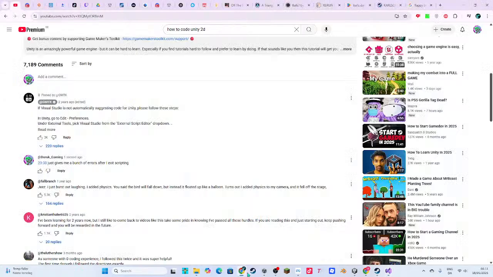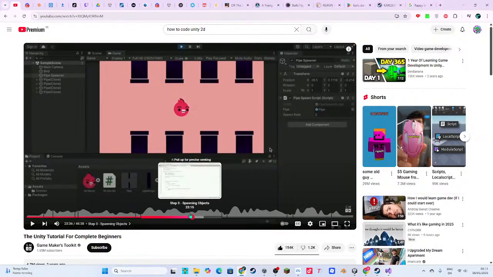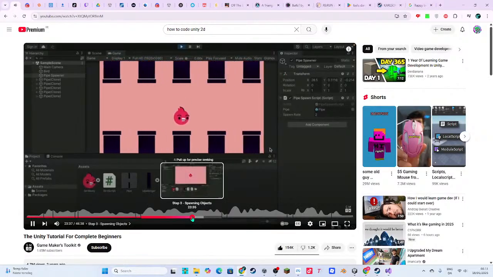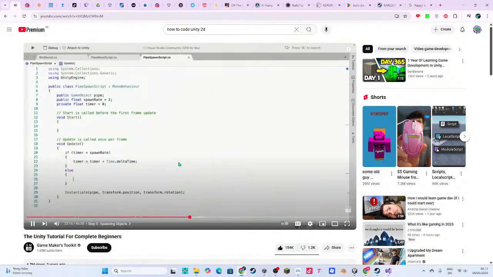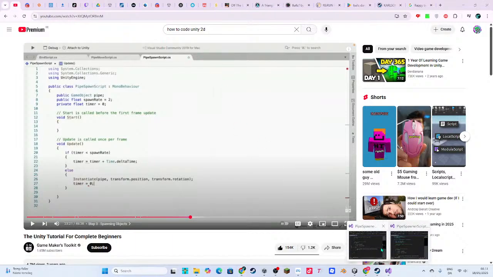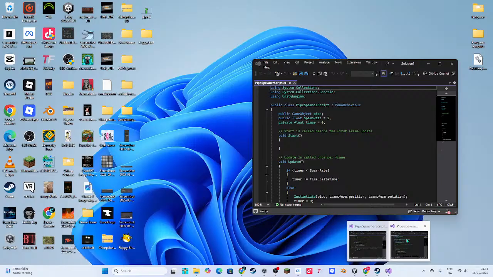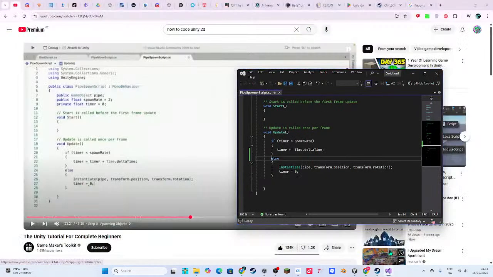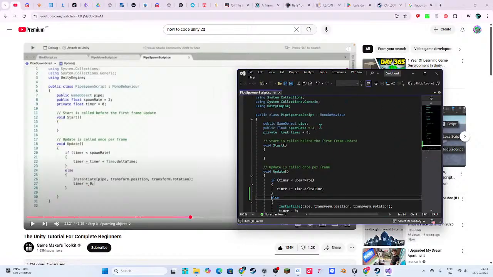The only problem is we have to put the spawn code in here and also reset the timer to 0. So now, that's literally exactly what I did. Just rechecking everything.